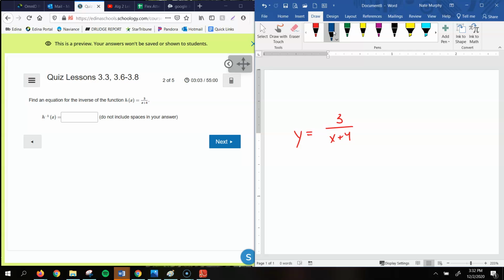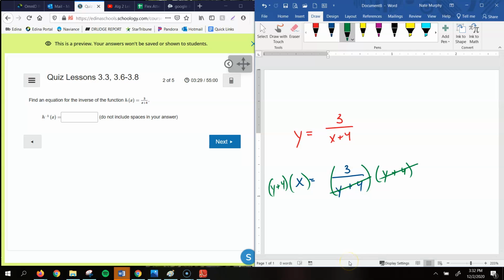And our first step in finding the inverse is a really easy step. We just switch the x and the y around. So we'd have 3 over y plus 4 equals x. And so now our goal is to solve for y. Now, what I want to do here is get rid of this fraction. So to get rid of this fraction, I'm going to multiply both sides by y plus 4. Okay, so what that's going to do is get rid of the y plus 4 on the